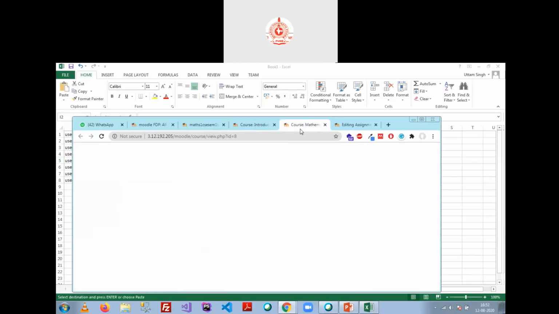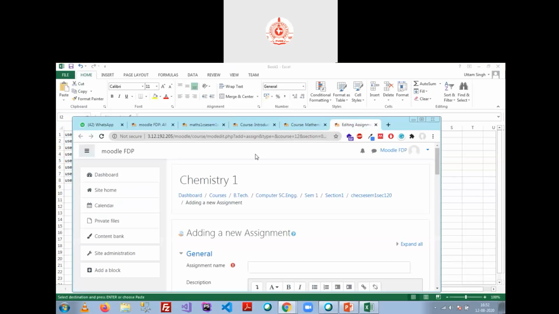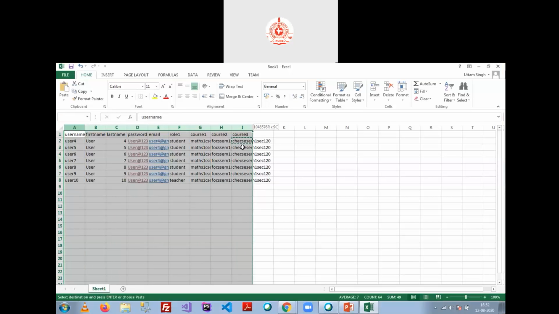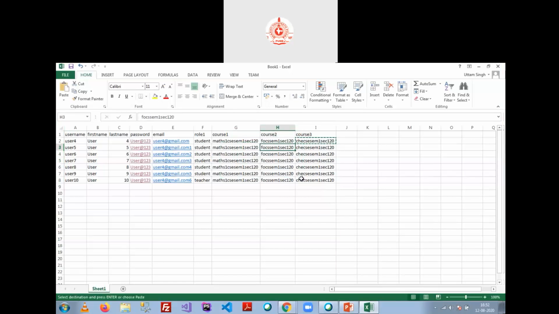Now there is another third one, the chemistry one. This time it is CHE CSC SAM 1 120. CHE CSC SAM 1 Sec 120. Just copy this one and paste. Okay, if any participants have any doubts in this file, please ask me.